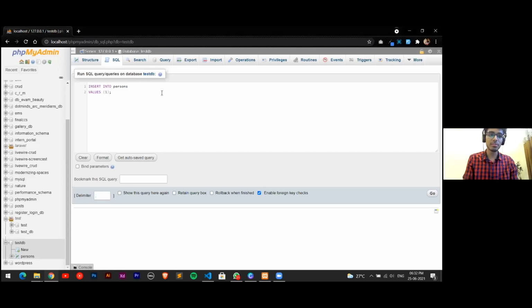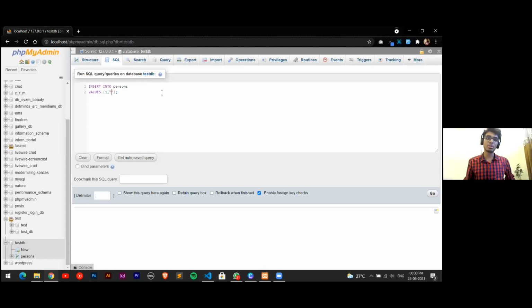It will be 1 for the ID, and next we had a name. Let's say I write my name itself. So what we'll be doing is adding double quotes over here. For every string value, we need to provide double quotes. For every integer value, like 1, we don't need to provide the double quotes. But we can use strings, that is the double quotes, for each and every column also. There is not an issue.